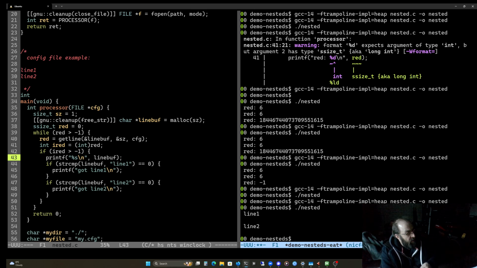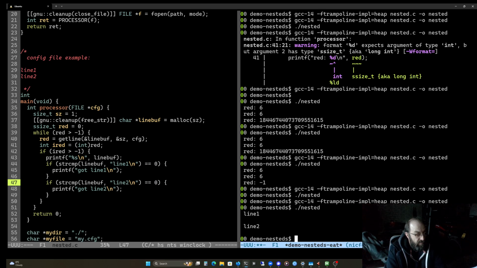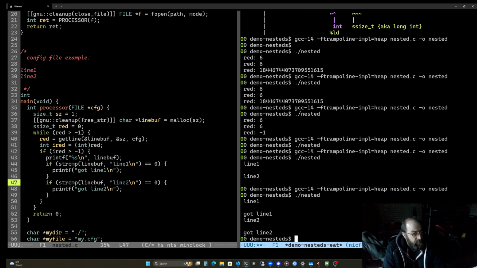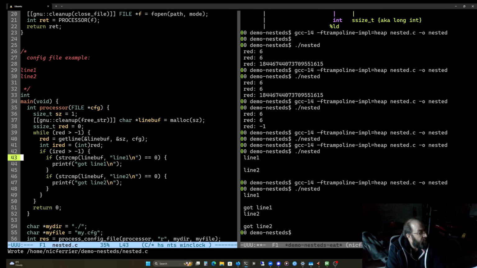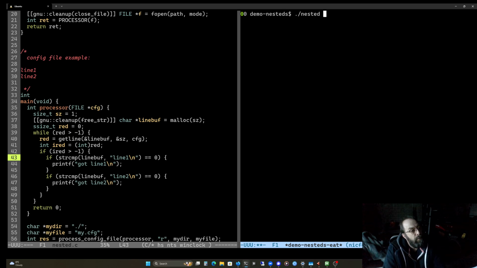Okay, we've got line 1 and line 2, and that is because they've got carriage returns on the end of them, I guess. Right, so let's take out the printf. And let's run it again, and there we go.